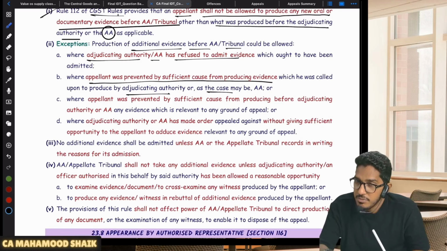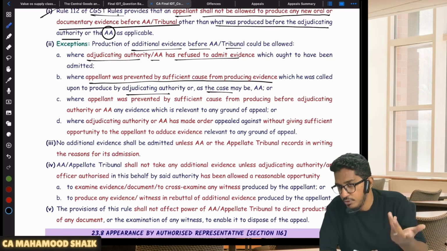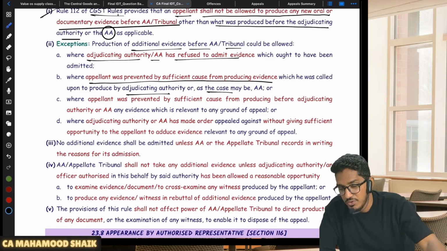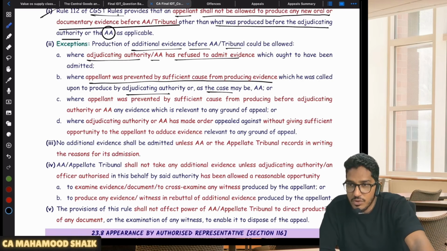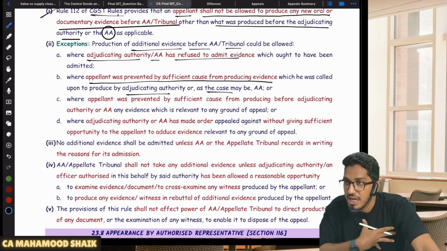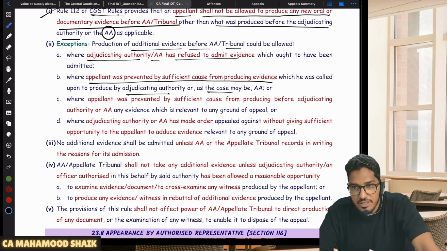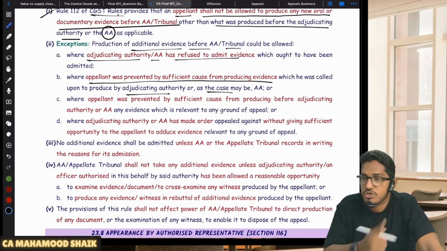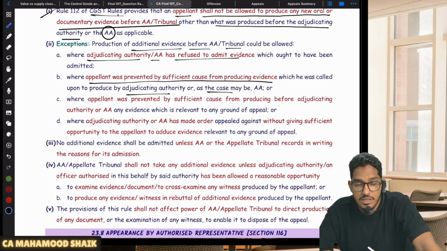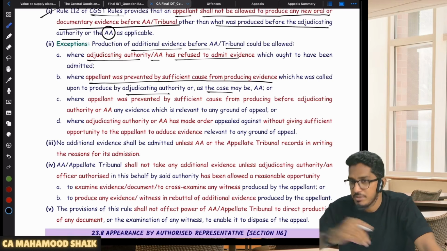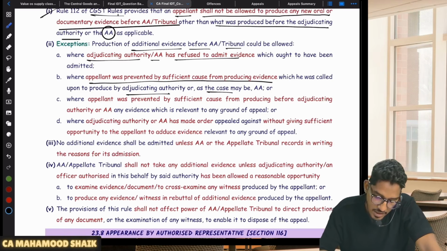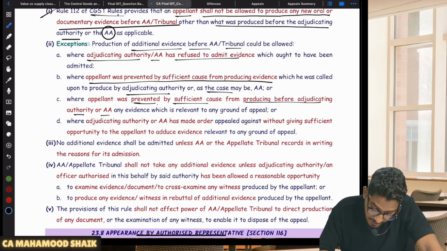There was a prevention. If you are able to prove it, sir, I had this evidence at that point of time also, but why I was unable to present it to the adjudicating authority or appellate authority is that there is some valid and genuine reason, sir. I was prevented, sir. My documents were taken by someone else, sir. I requested him multiple times, sir, but he did not submit it. Intentionally, he did not submit it. He wants to book me in this case. That's why he did not submit. He did not give it to me, sir. Now I got it, sir. I will present it to you. Then they can consider. Where the appellant was prevented by sufficient cause from producing before the adjudicating authority or AA any